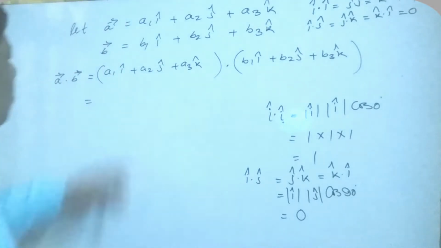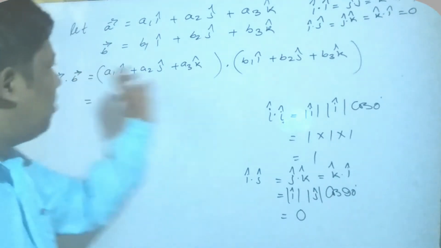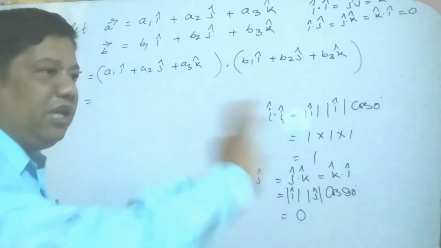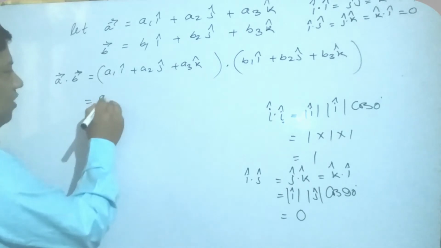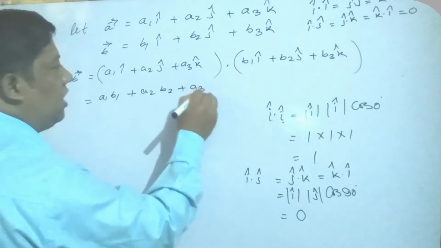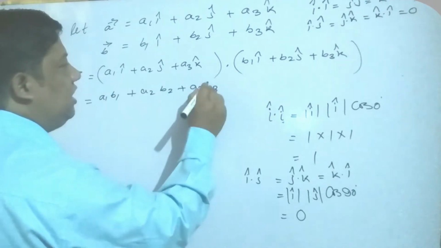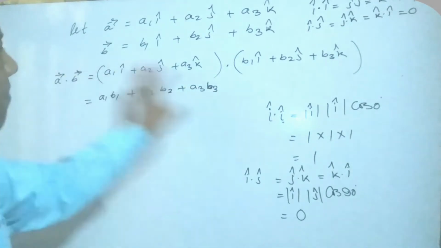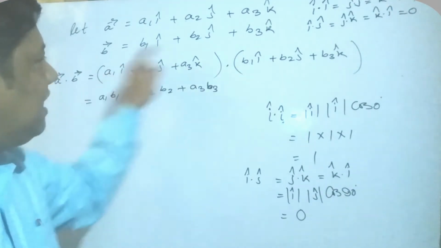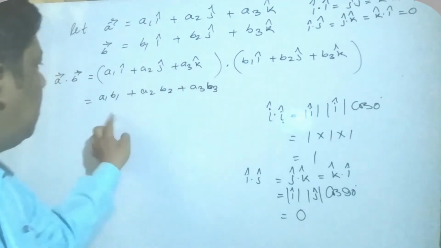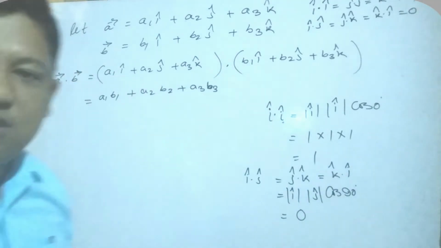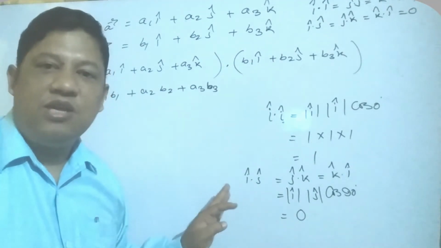So my students, when you multiply these numbers, this one with this one, you get i dot j, i dot k, and the remaining parts are 0. Only a1 b1, a2 b2 and a3 b3 remain. You just have to write it like this, and the remaining parts are already 0. That means same to same you have to multiply, because it is i dot i. Just write a1 b1, next a2 b2, a3 b3, and the remaining numbers you have to write 0. So my students, I think you understand.